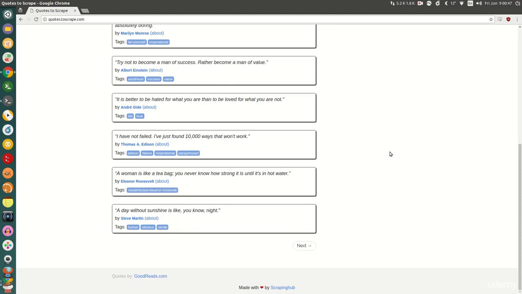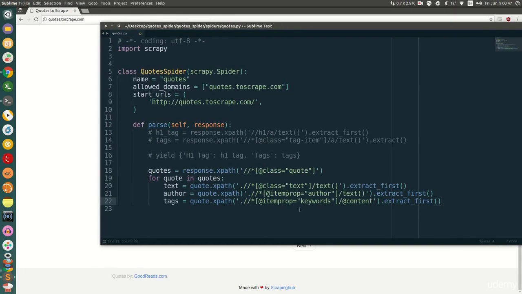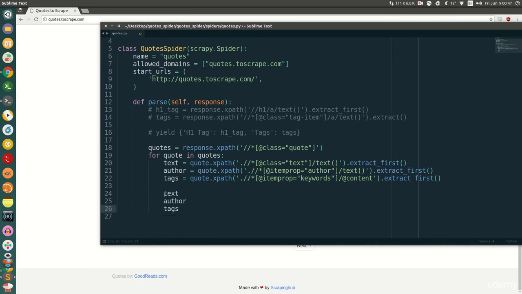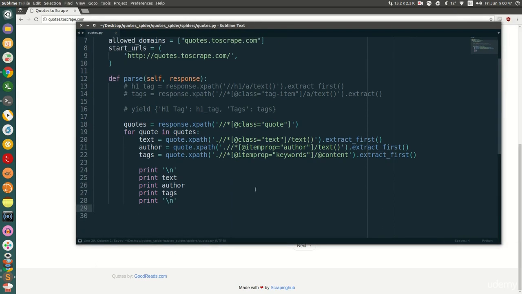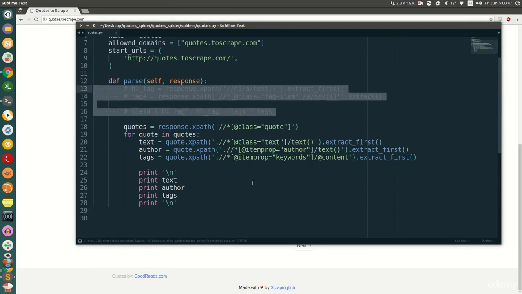Okay, so following along from the previous video, we are just going to print out the results. So we copy and paste each instance, then paste them in, and then for each one we'll type in print, and also we'll print out a new line just to be more readable. So we can copy this line and paste it in here, and then just save the file as it is, and also we can remove the previous code